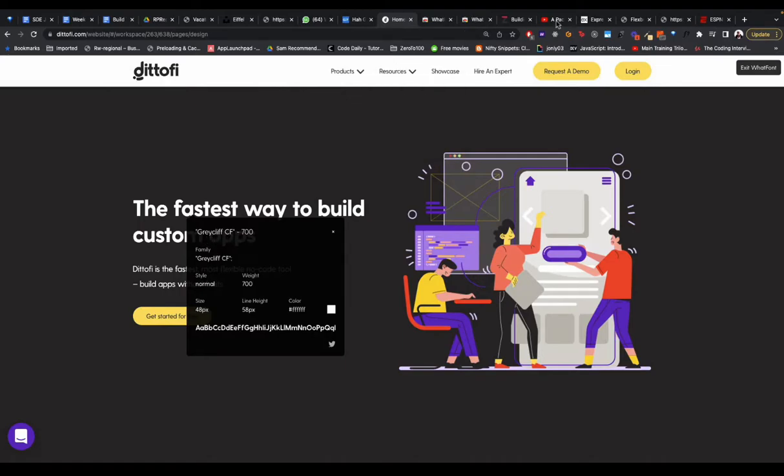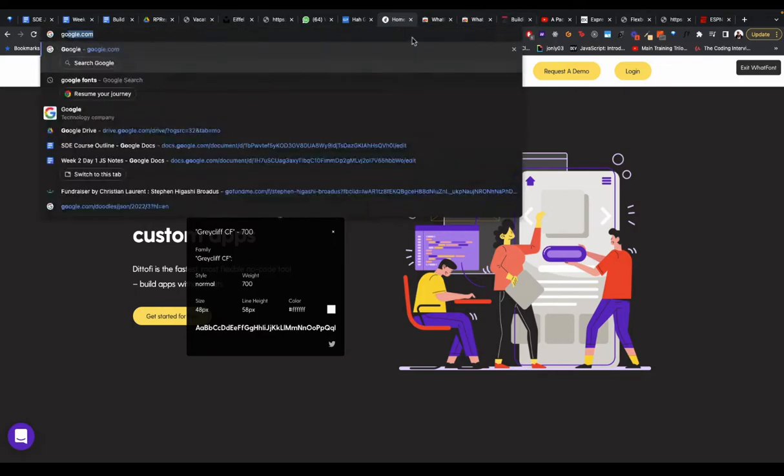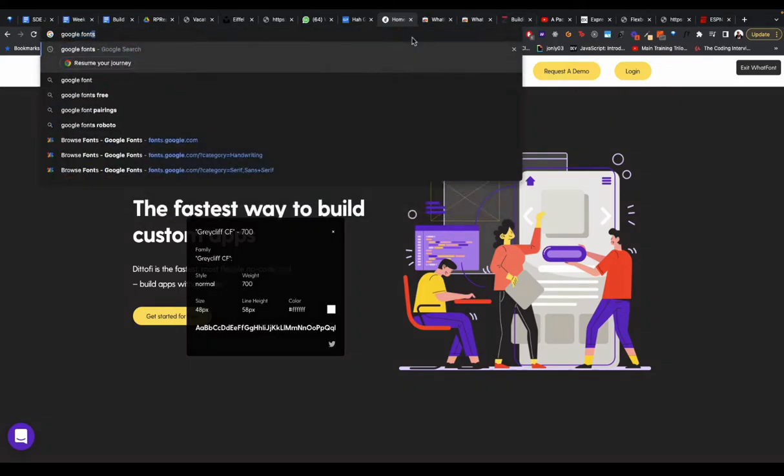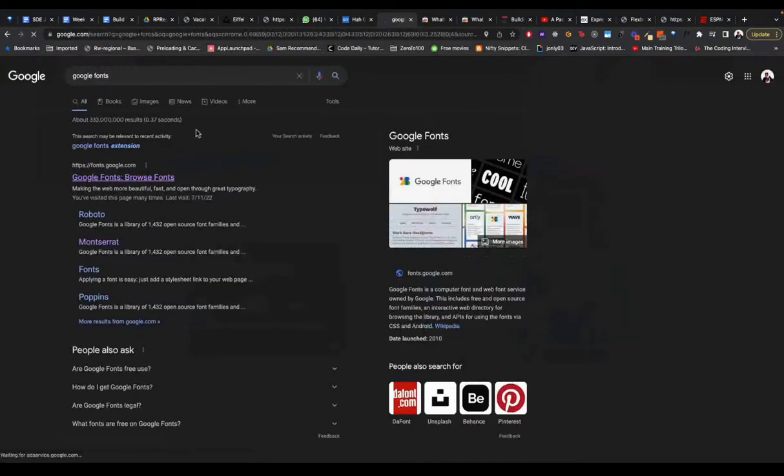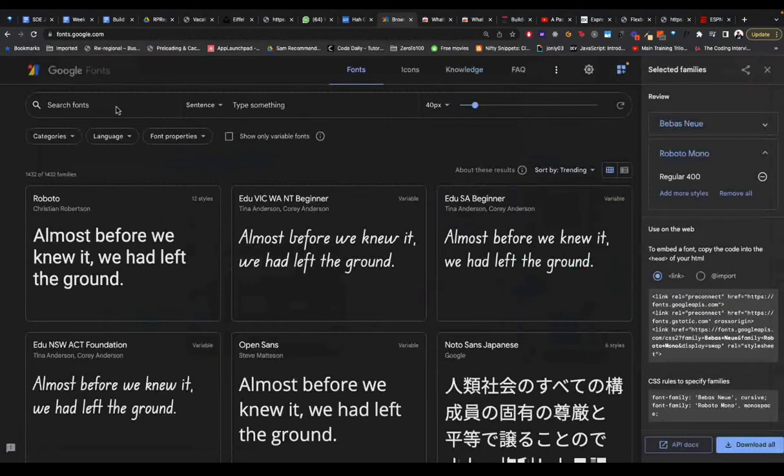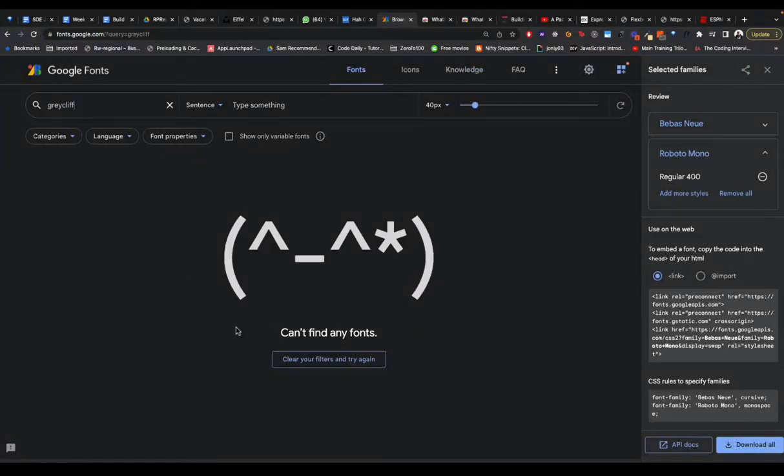I want this font. I go to Google Fonts, and I'm looking for Great Cliff. Now I know I can't find it. So Great Cliff, hit enter. Oops, can't find it. So what gives, right? So it turns out